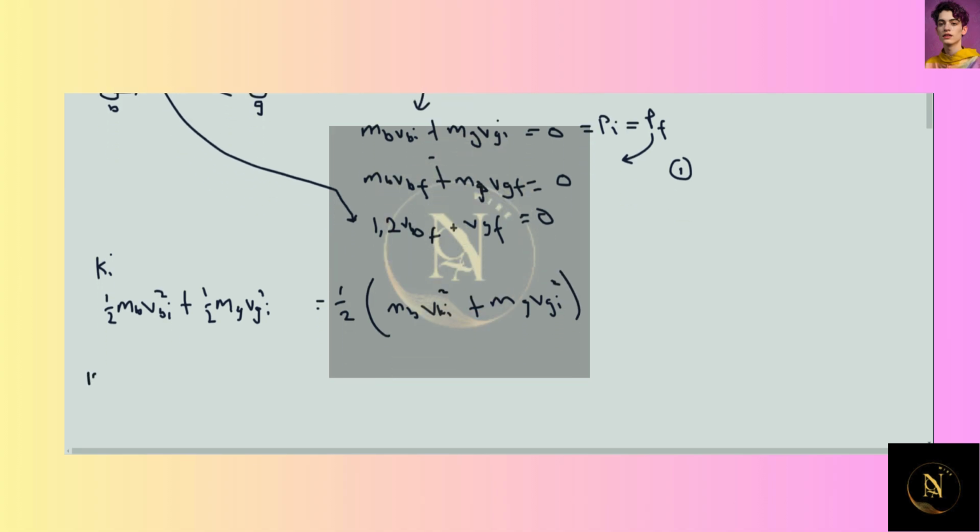So now Kf is now going to be, again, half mB VBf squared plus m